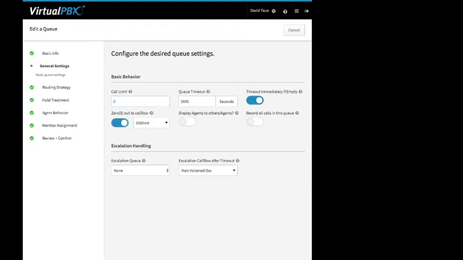Now, 0 out to call flow. Basically, if that inbound caller presses 0, do I allow it, right? So I just enabled it. And then where am I sending to? In this case, I'm sending it to a voicemail box. Oh, actually, I'm sending it to a device. Normally, I would say you want to send it to a voicemail box. So let's go ahead and